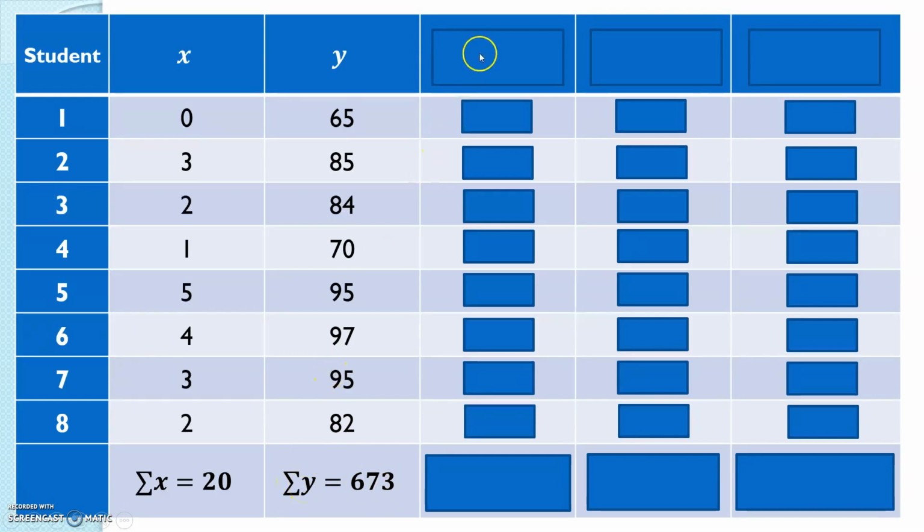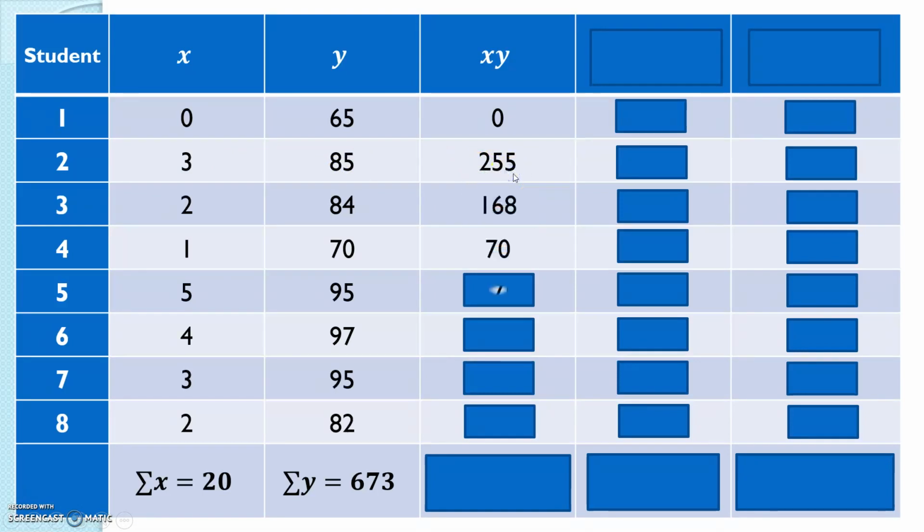Next, we have the column xy. That means we multiply the values here and the values here. So we have 0 times 65, which is 0. 3 times 85, we have 255, and so on and so forth. Just multiply the values here and the values here, and after which we get the summation. Add everything, and we will have